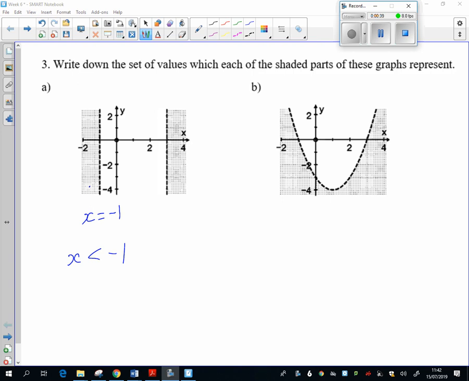And then looking over here, I've got the straight line x equals 3, and it's everything greater than that which is shaded, and again it's a dotted line, so it's not going to include 3, and it can be either of those two regions. So looking at question B, the first thing I'm going to need to do is figure